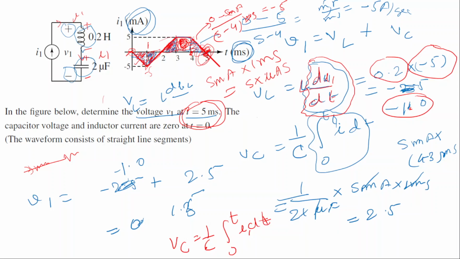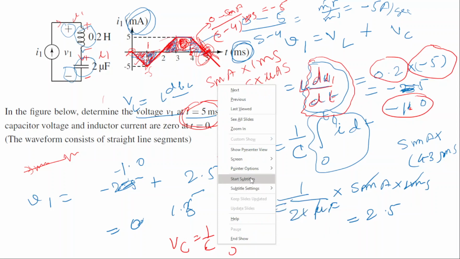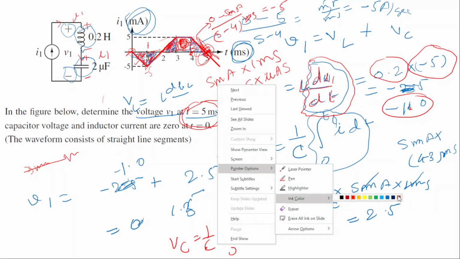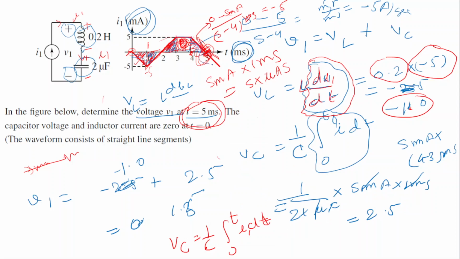Here the slope of the current is the slope of this line. Let me choose a different color. The slope of this curve is the slope of this line, so that's why we need to calculate the slope of this line. In the case of the inductor we just need to calculate the slope at this point, but in the case of the capacitor we need to calculate the whole area from 0 to t. Since most of our area got cancelled, we only need to calculate whatever area remains.